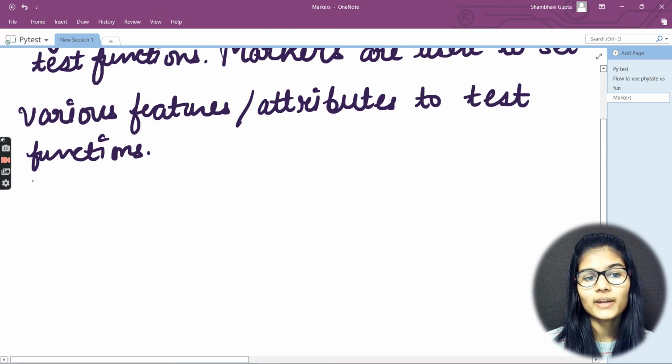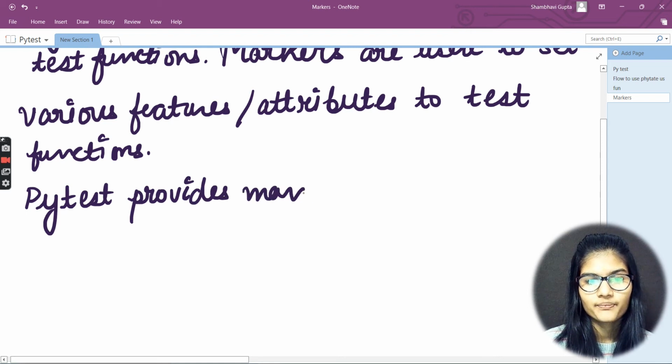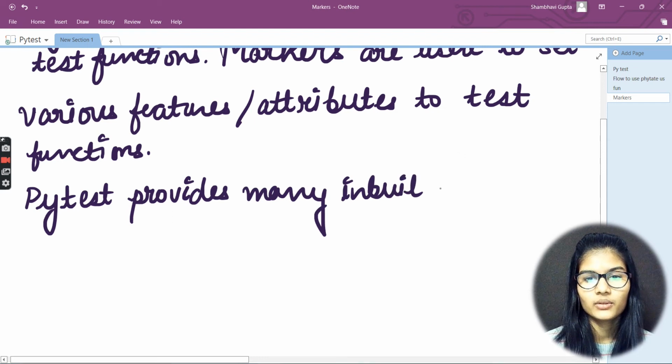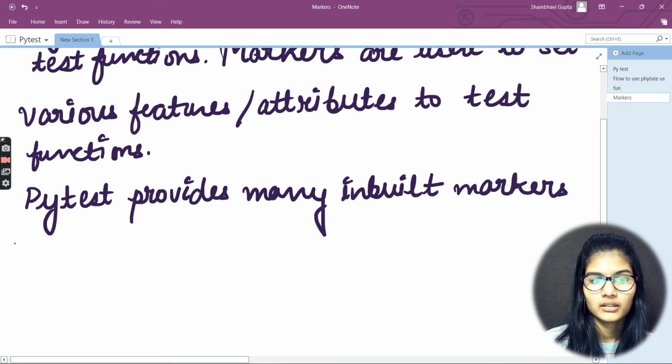Now, in PyTest you already have some inbuilt markers as well. At some point, if these are required, you could use the inbuilt markers. Let me tell you the examples for that. PyTest provides many inbuilt markers